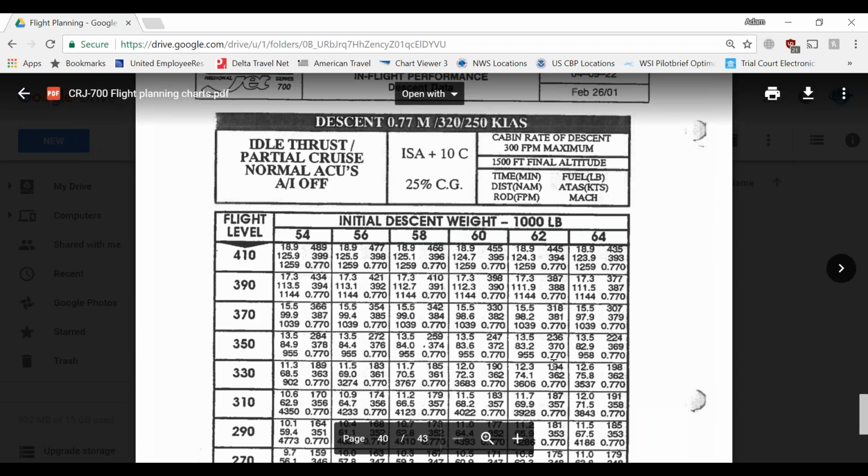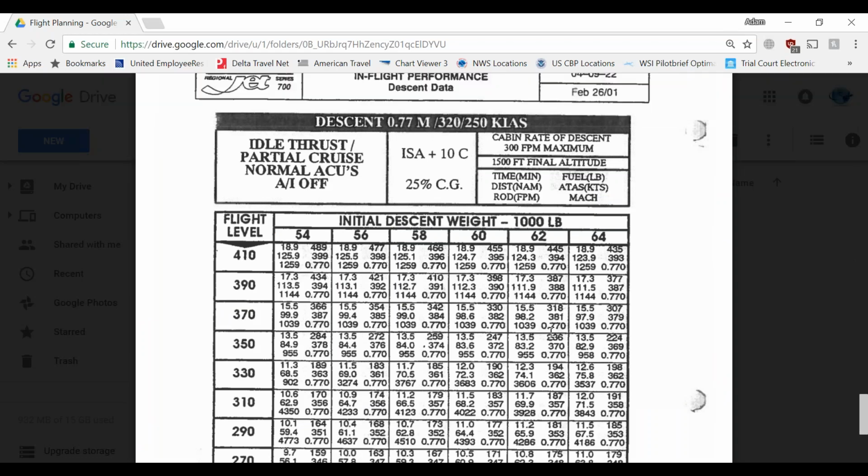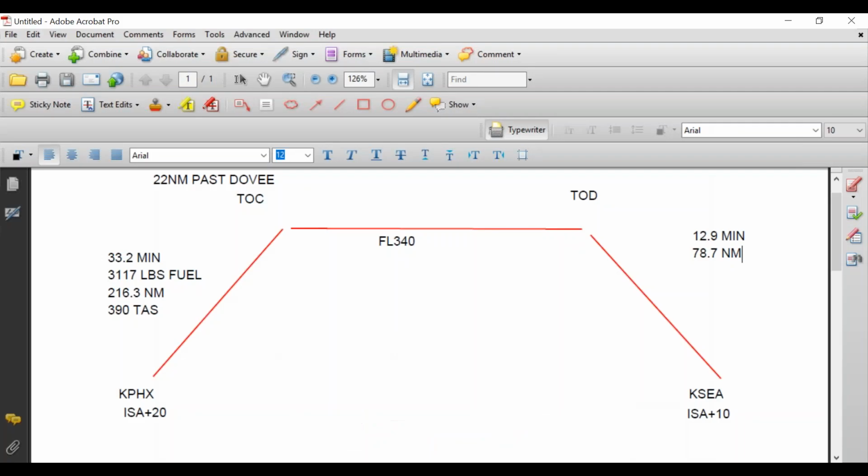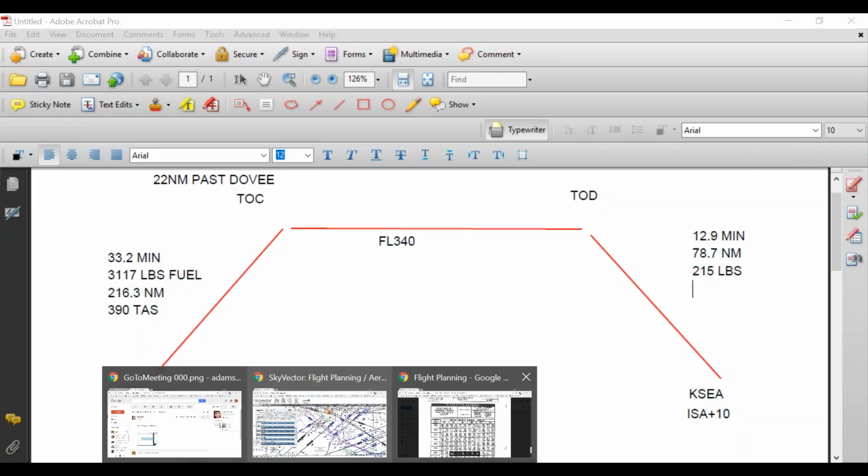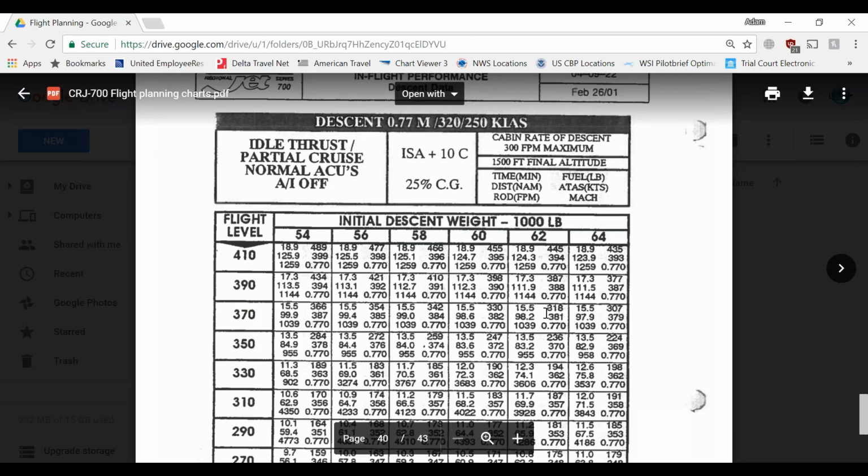Next is going to be the fuel. So 236 pounds averaged with 194 pounds. 215. Okay, so see this? This one is 215 pounds of fuel. We added 500. So 500 is pretty conservative, but it still works. This is going to end up being 215 pounds. And then just average that airspeed, which is